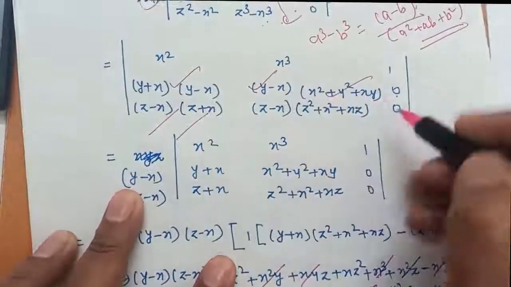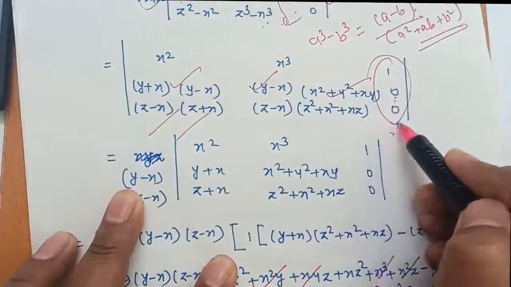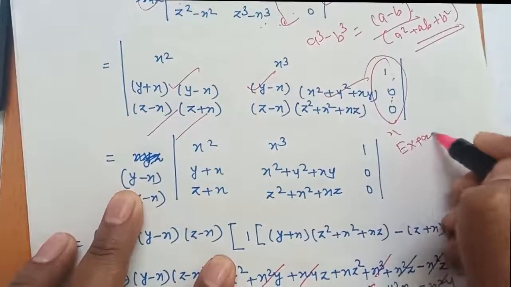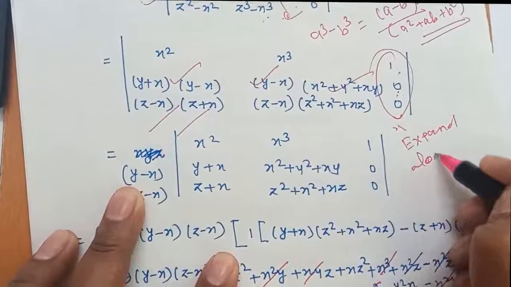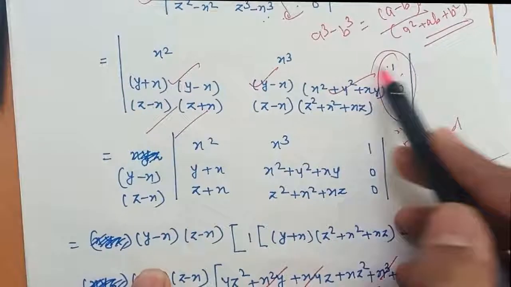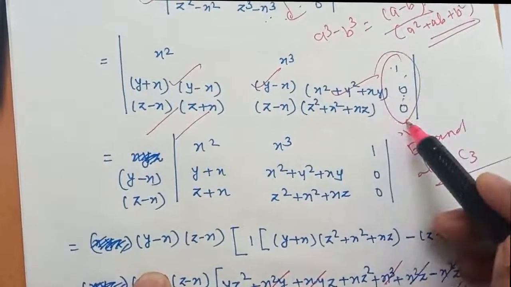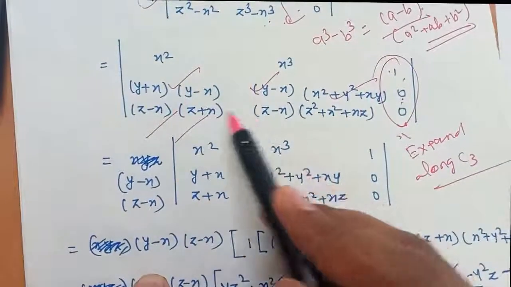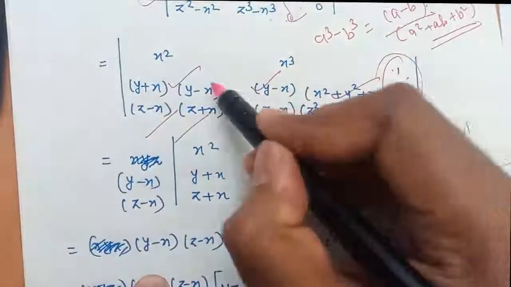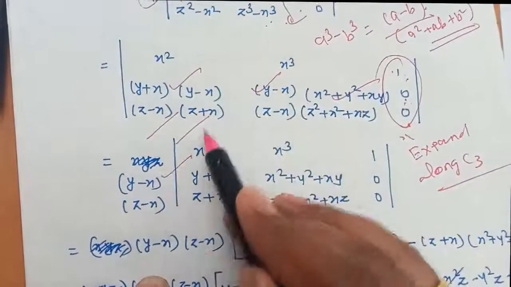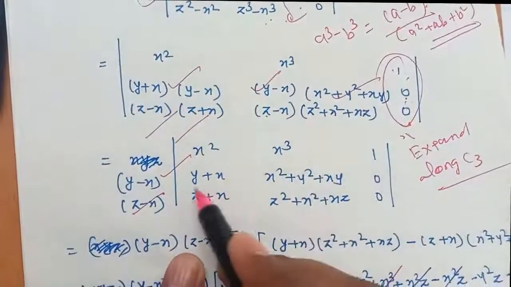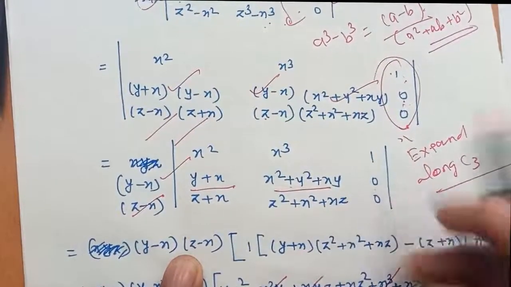Now remember, this is the simplest determinant I got, because I got a 1 0 0 column. So I can expand this determinant along C3. So this is 1 into, leave this row, leave this column, so you will get it. Or before doing this, make it simpler. Simpler means take the common out. So take y minus x out common from here, and then z minus x, take out from the column. So what is remaining inside is y plus x into this. This is the determinant after taking common.